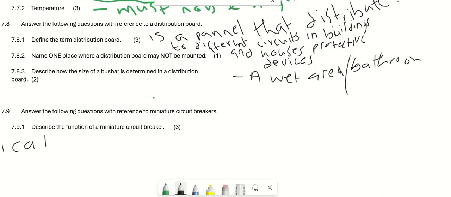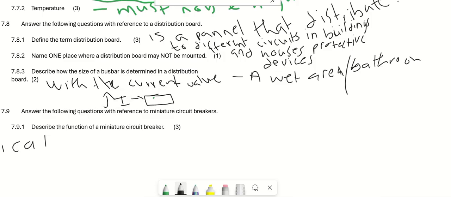So how do we determine the size? With the current value. So if the current is high, the bus bar will be thick.